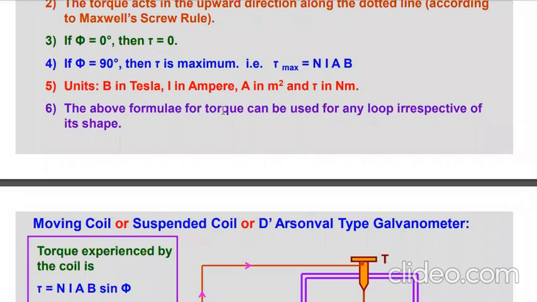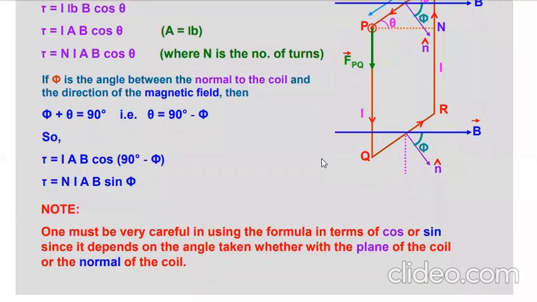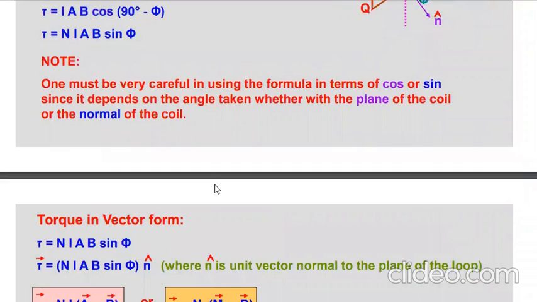So the above formula for tau can be used for any type of loop, irrespective of its shape. So far we have learned that a current carrying coil will experience a moment of force. That moment of force would depend on the area vector of the coil and the magnetic field, and even depend on the current flowing through it. More is the current, more will be torque, and it also depends on the number of turns. If the number of turns of the coil is increased, then the area vector